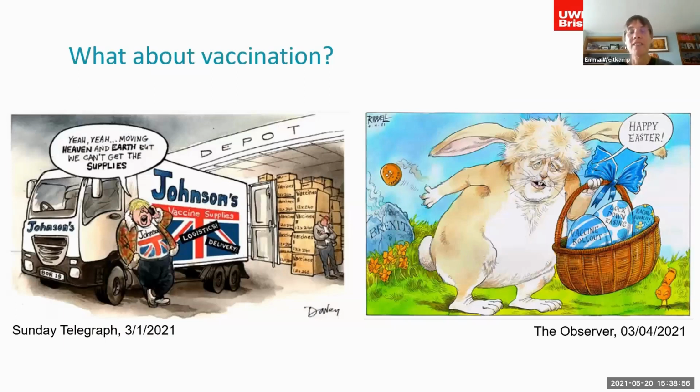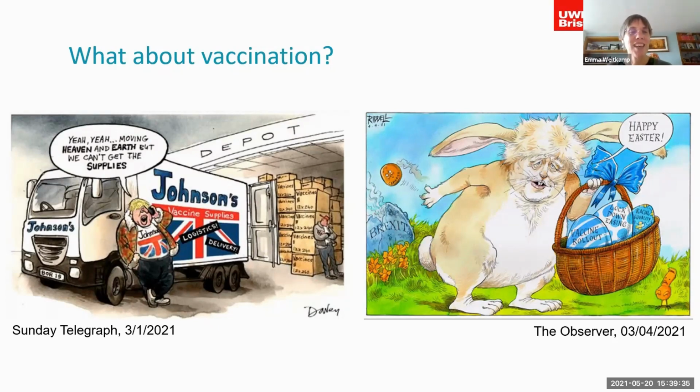What about vaccination? We looked at vaccination only so far in the UK, but you can see two very different ways in which vaccines are portrayed here. On the left we have the Sunday Telegraph being quite critical of Johnson's rollout of the vaccines. This is in January, the point at which Boris has announced that he's going to change from boosters at 2 weeks to a 3-month separation between doses of vaccine in the UK, contrary